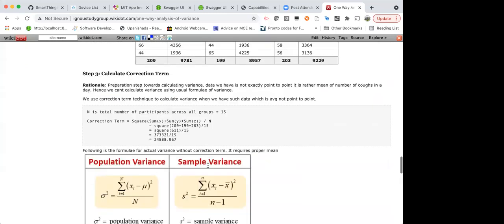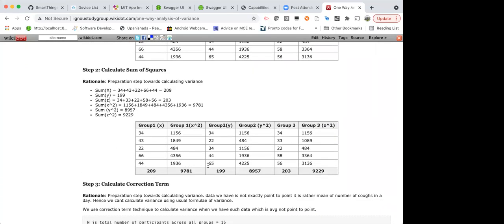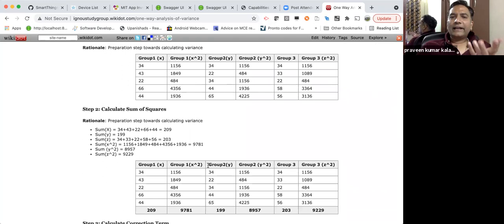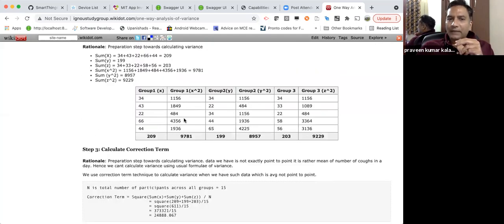Okay. So now coming to the exact way that it is going to be done. Here each group itself is a mean. So you don't really go x minus m square. You would not do it because each reading itself is a mean. So what you do is directly square each group and sum those squares. So I have the sum of group 1, sum of squares of group 1, the sum of group 2, sum of squares of group 2.